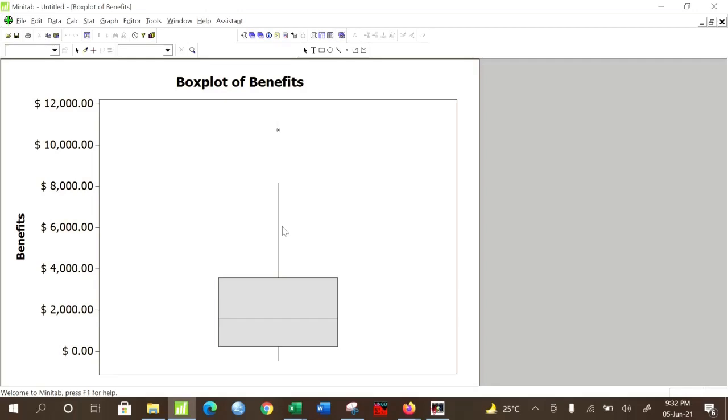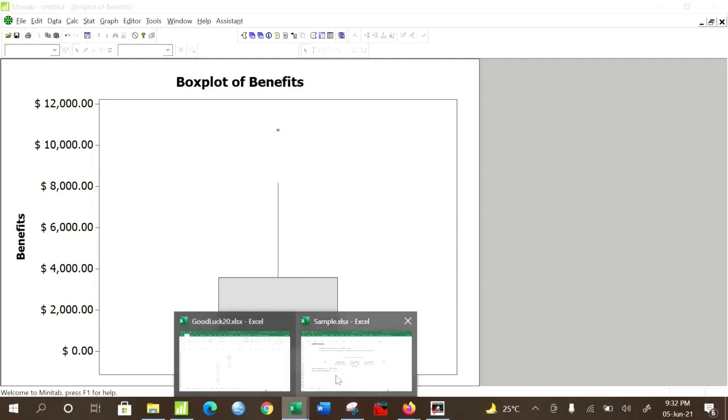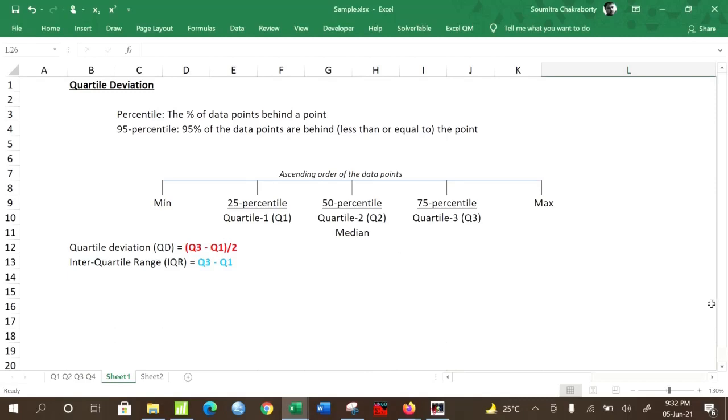Now in order to interpret the box plot, we need to discuss a few points. During the discussion of dispersion, we missed out one particular measure, which is the quartile deviation. This is one of the measures of dispersion apart from the standard deviation, variance and range.